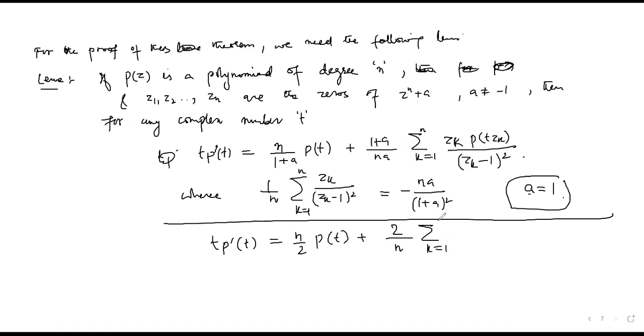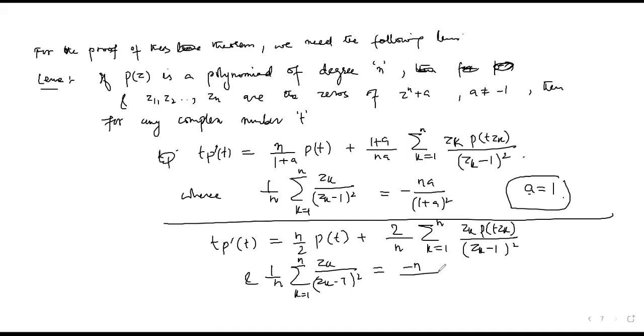Summation k runs from 1 to n zk into p of t zk divided by (zk minus 1) का square, and of course इसमें भी change आ जाएगी, summation of zk divided by (zk minus 1) squared, k runs from 1 to n, should be equal to minus n, अब क्योंकि ये 1 है, 1 plus 1 is 2, right. So this is what you should get, or in particular, this should be minus n square by 4 when we take any, this is true for